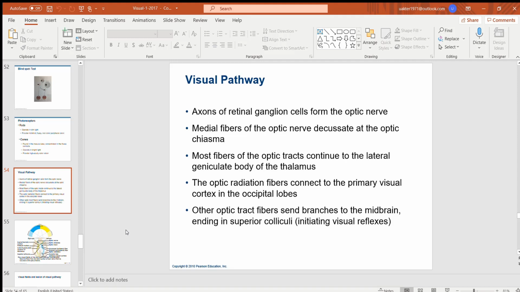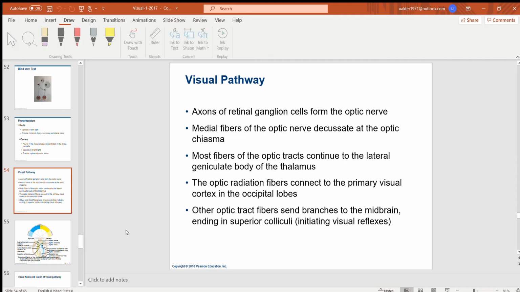So from two eyes, right and left eyes, two optic nerves come out, right? So this is your left eye and this is your right eye. Okay, so